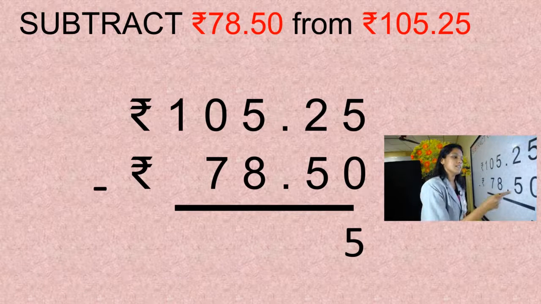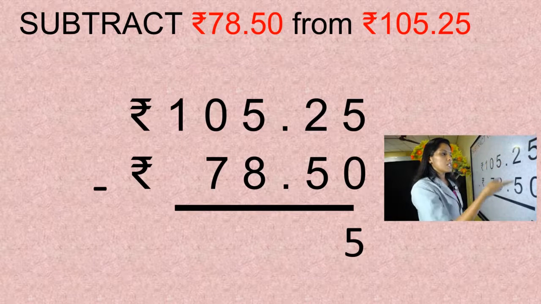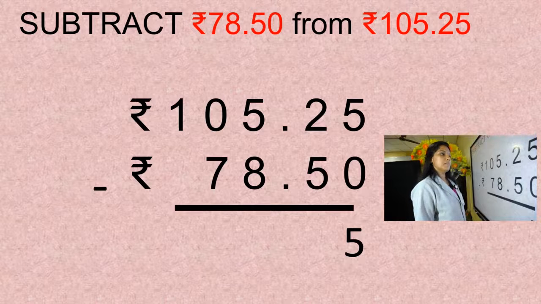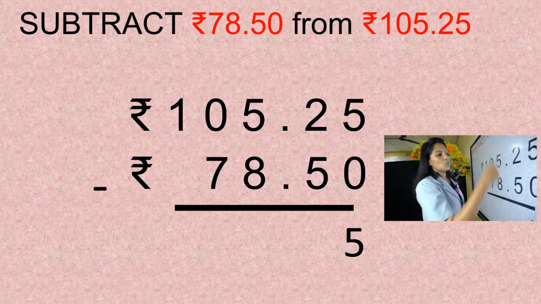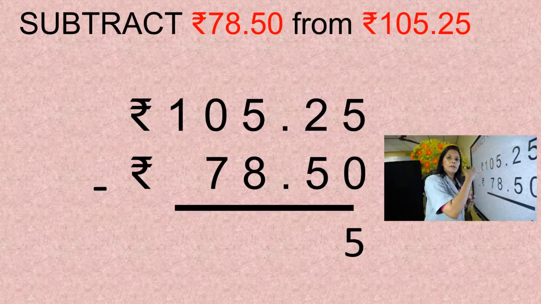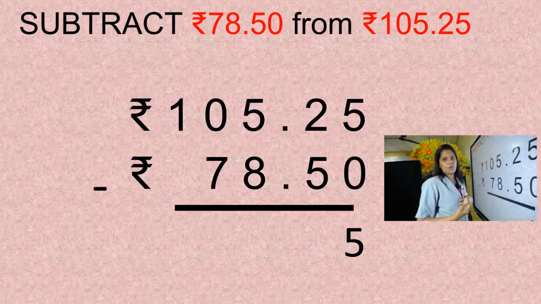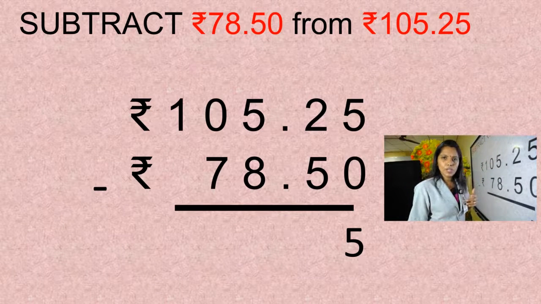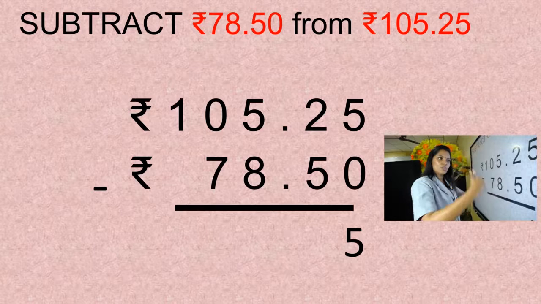Now come to the next line. Here, just see the tens place, or paise part, the second place. Can you subtract 5 from 2? No. So we have to borrow. There is no problem in borrowing from the rupee place. You can borrow from the rupee side also. Normal subtraction you can do like this. The only thing is arrangement. But after arrangement, you can subtract in the normal way itself.